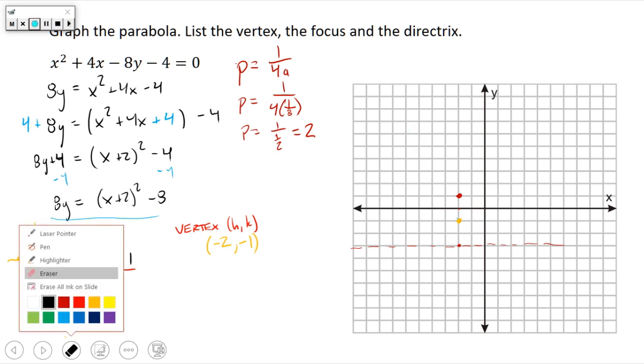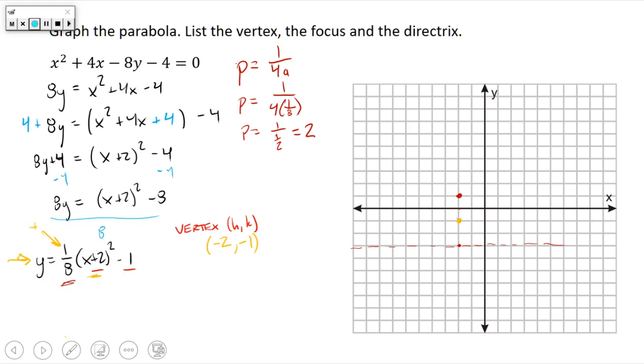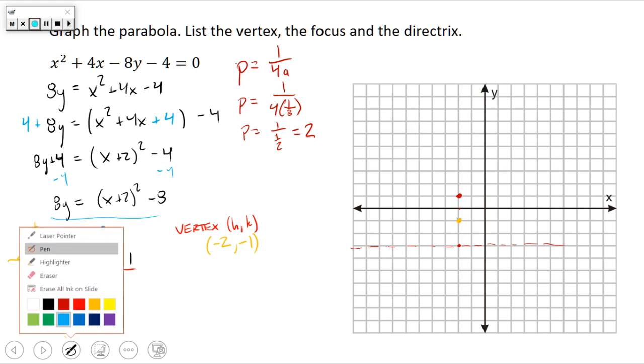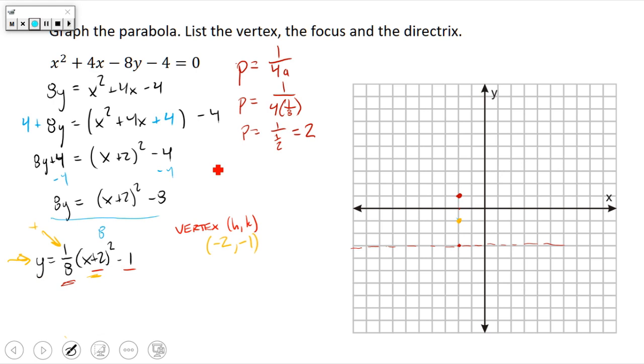Now, the other piece of information that we didn't talk about in class is that P, if we know the value of this, the absolute value of 4P, which in this case would be 8, right? It's 4 times P. That's something pretty important. That's called the primary focal chord length. It also has an older school name called the latus rectum. But what it is, if you go from the focus,